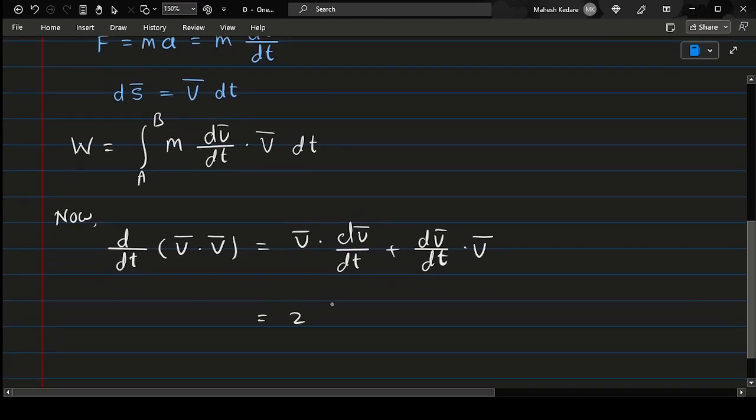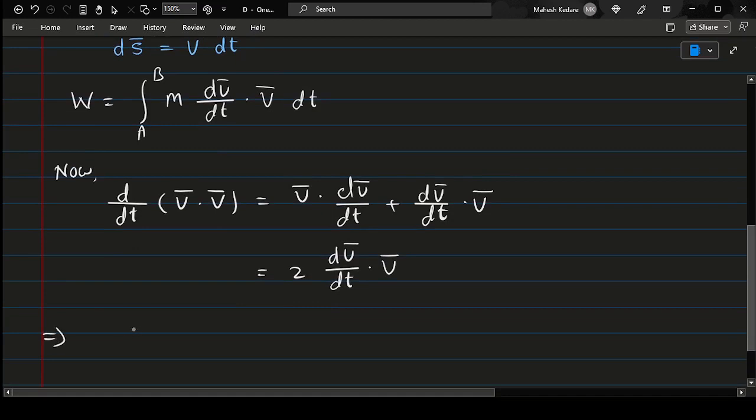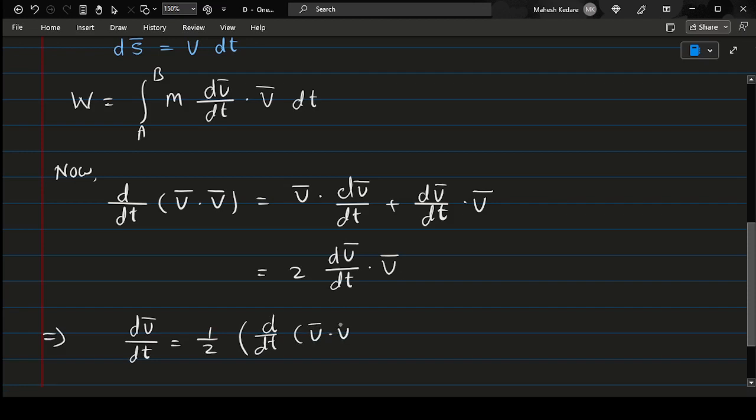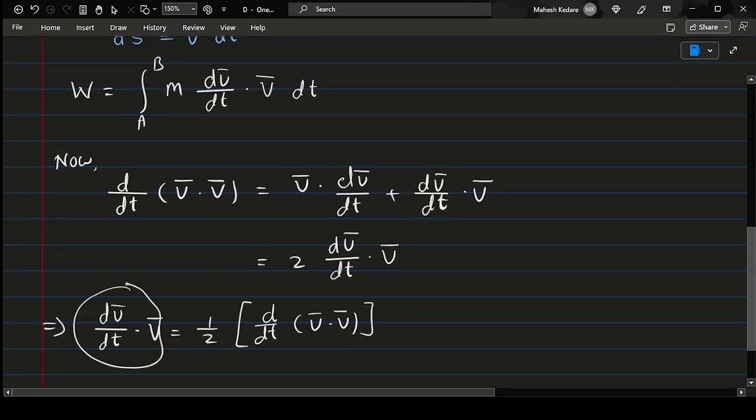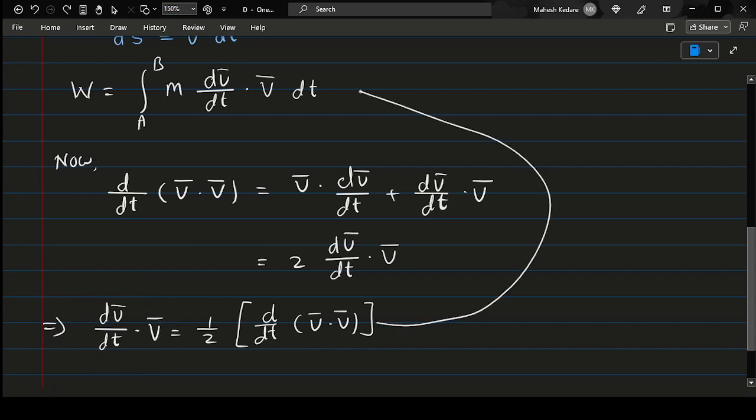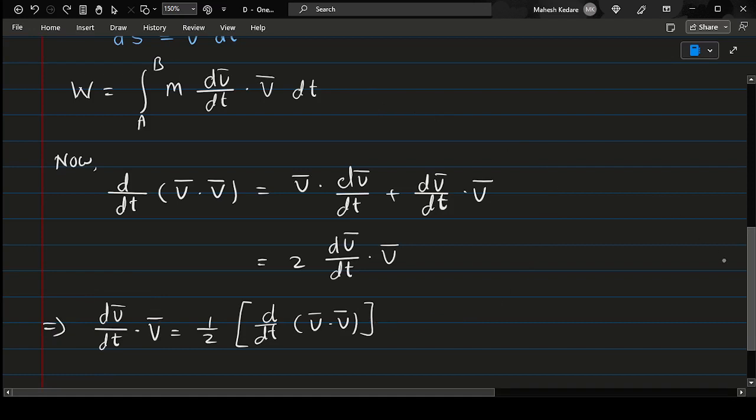So we can write 2 times dv bar by dt dot v bar, and hence this gives us dv bar by dt dot v bar equal to 1 half d by dt of the dot product v bar dot v bar. So having obtained dv bar dot v bar equal to this, we substitute this here in the integration and obtain